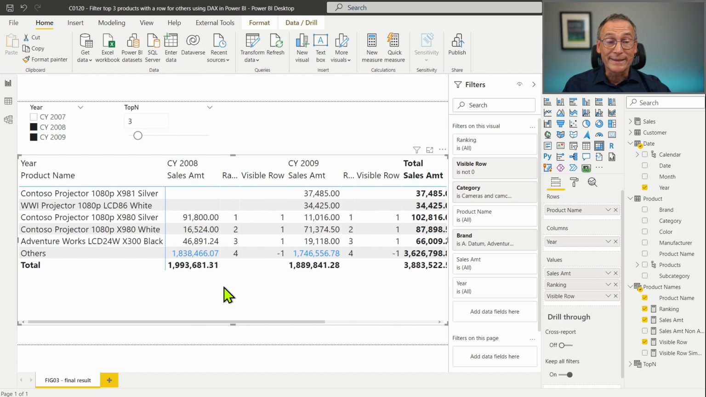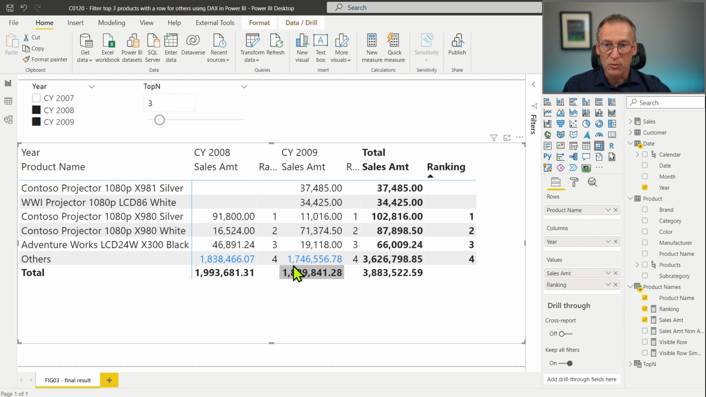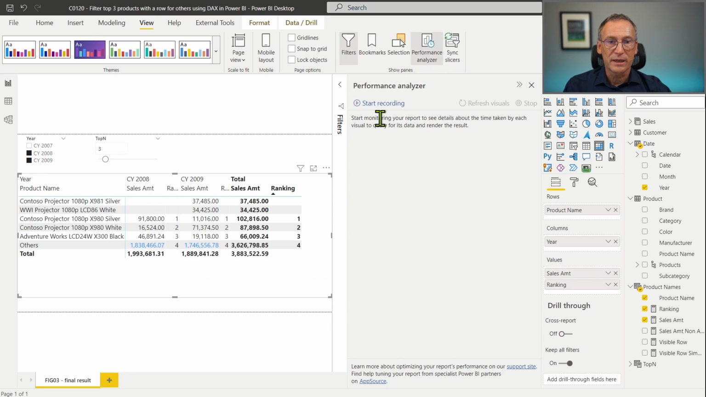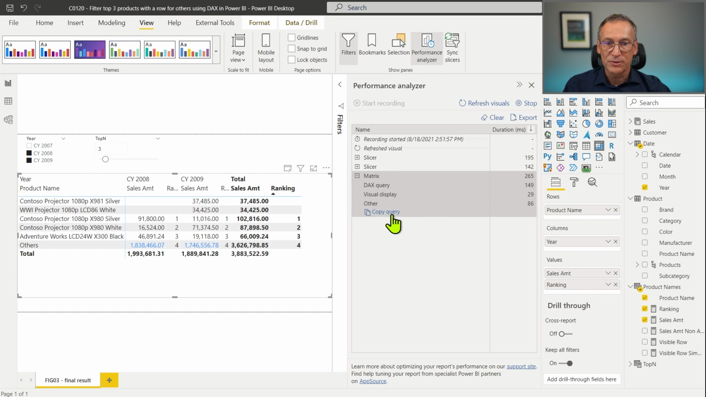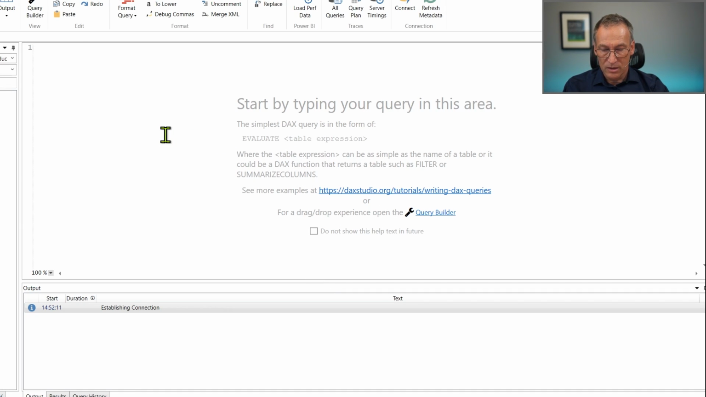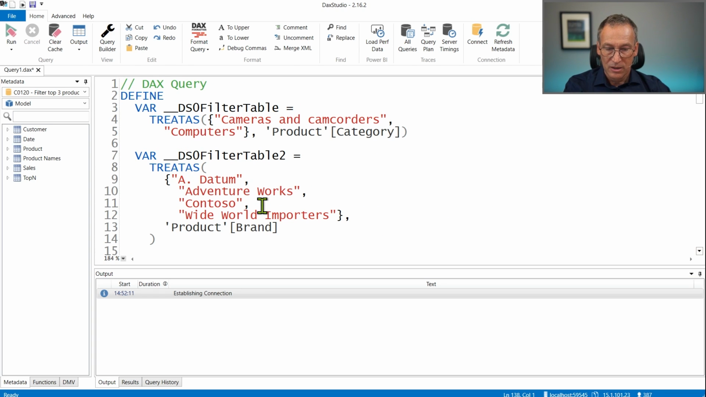And when this happens, what we need to do is to investigate further. So let's get rid of visible rows just to simplify the query a bit. And we can use the performance analyzer to grab the query and try to understand what's happening. Let's refresh the visual, go to the matrix, copy the query, and then we use DAX Studio to investigate further. Okay, let's paste the code, format it,